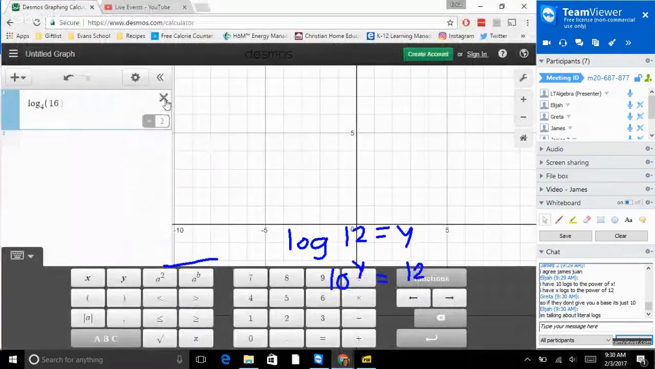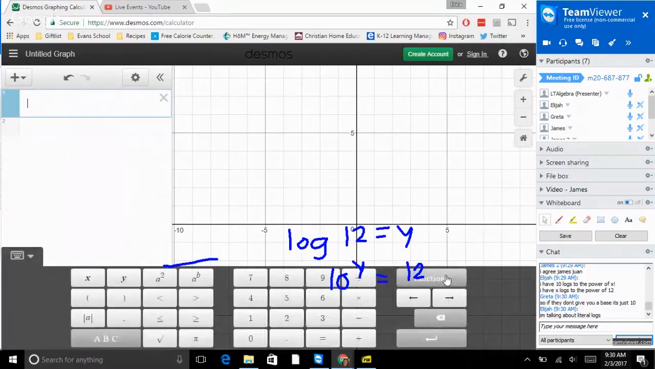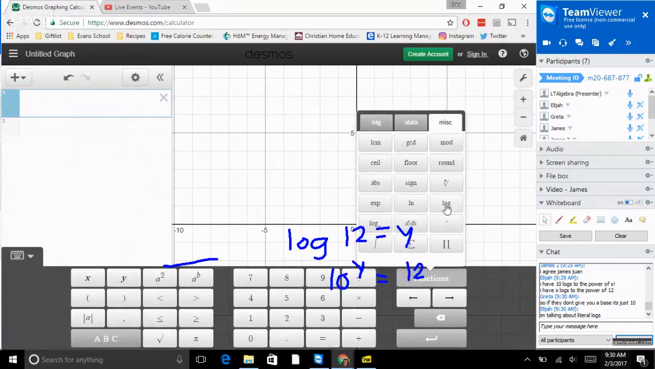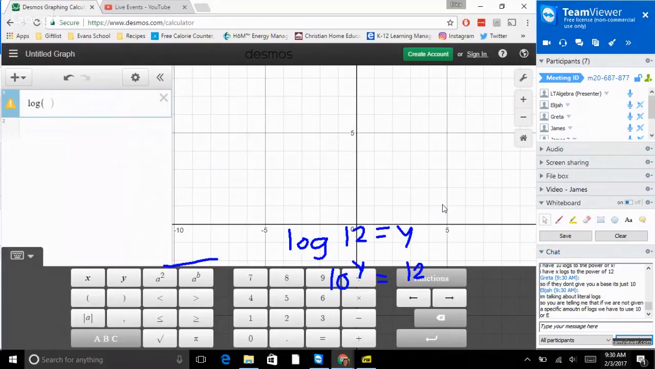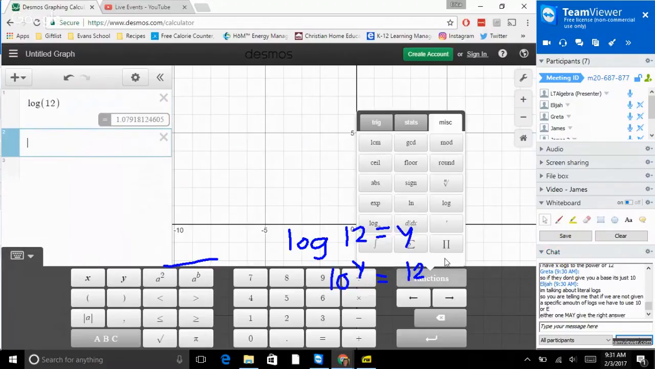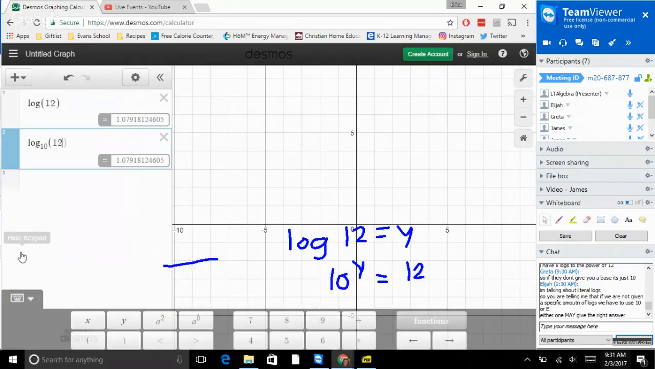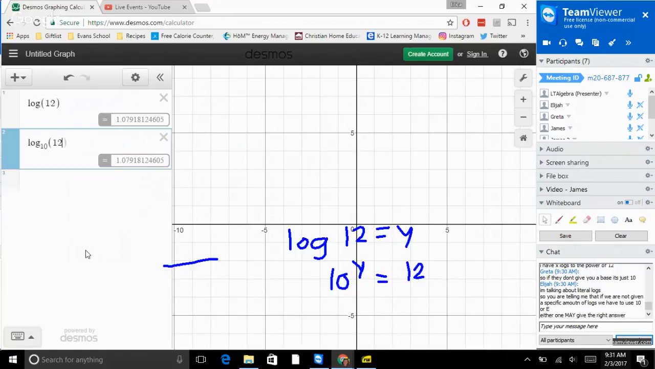All right, this is where when you look in your functions, there's a log and then there's a log-based A. So you just want log of 12, okay? Or I guess if you would have used the other one, you would just put base 10 in. So if you do log base 10 of 12, they both give you the same answer. Okay. So what this means is that log of 12 is